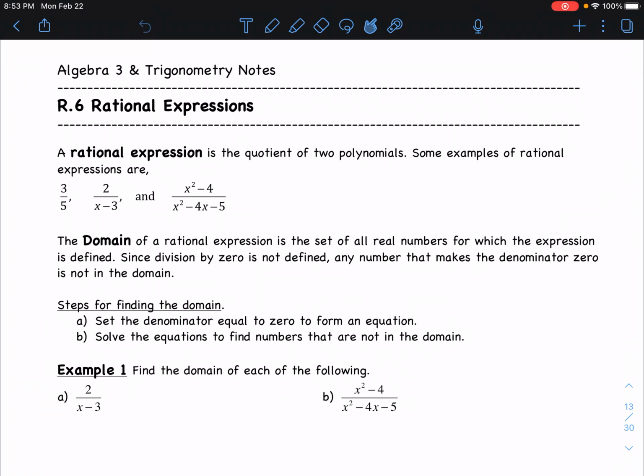We are in the first unit, the review unit. Make sure you're hitting up section R6. We're going to be talking about rational expressions. I'm going to take this section and break it into at least two parts here. It can be a rather long unit or section, so I want to focus on